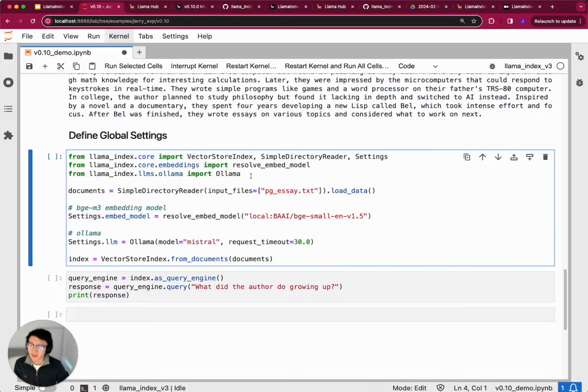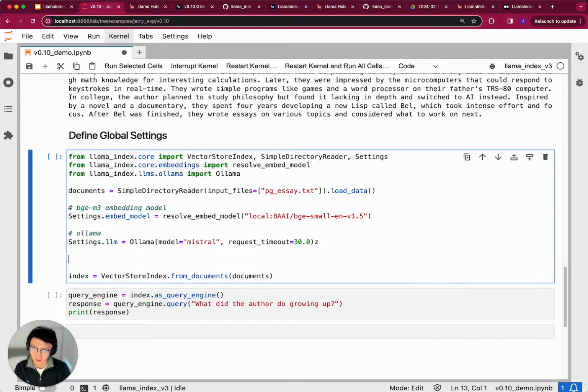Okay, and the second mode of doing this is that there are certain settings that you might want to set by default globally, because for a lot of things, you might not want to maintain a variable that you pass back and forth. This could be LLMs, if you have a global LLM you want to use, or a global embedding model. A very relevant example here is callbacks. If you have a global callback manager and you don't want multiple callbacks, all you have to do is define callback_manager equals callback_manager, like that. In this example,